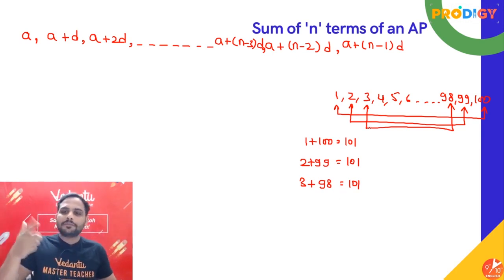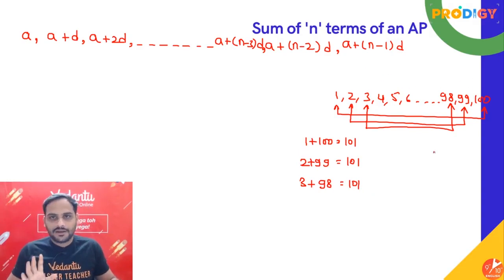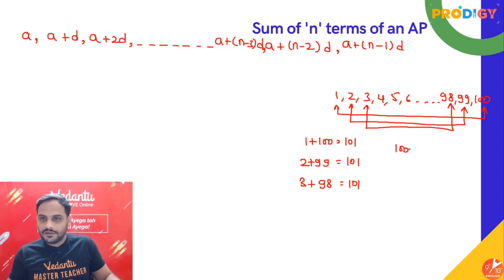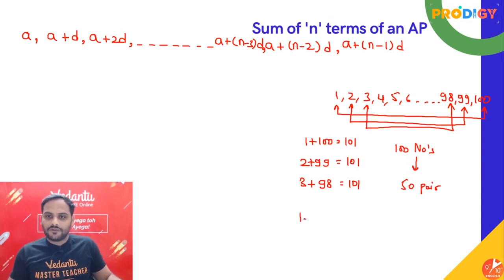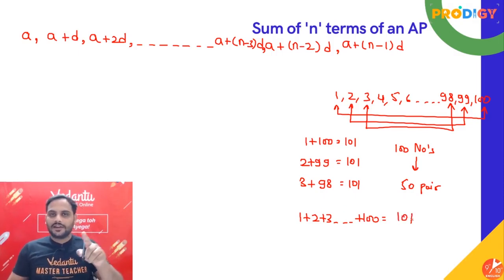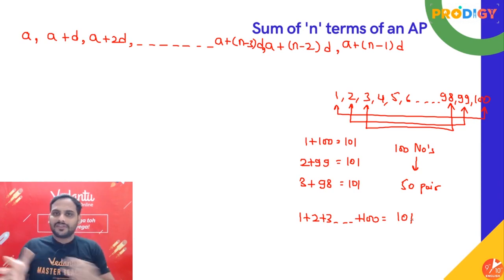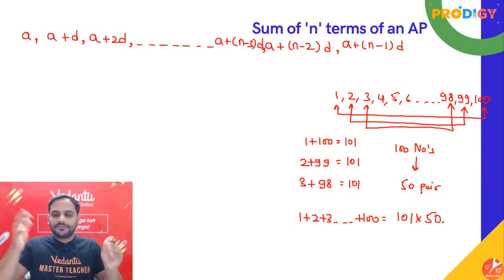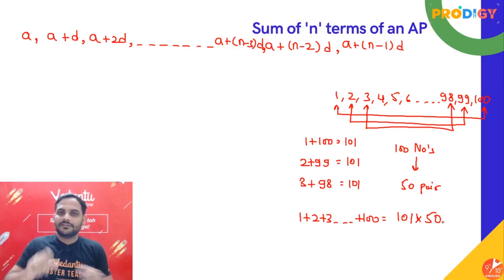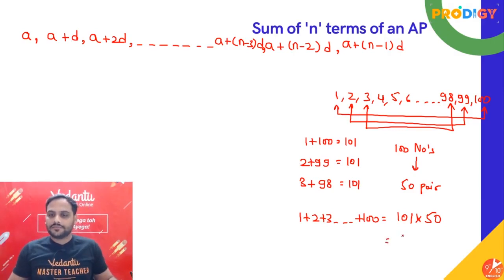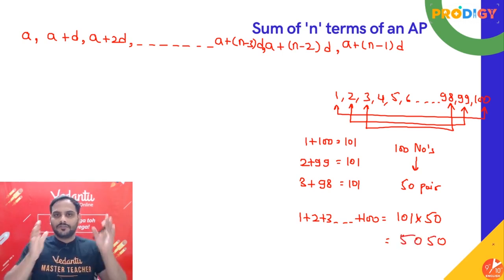So 101. Now how many pairs am I able to make? I saw total 100 numbers are there. So for 100 numbers, I'll get 50 pairs, right? So I can say the sum of all these numbers, 1 plus 2 plus 3 up to 100, will be, if I add the first and last, it will be 101, second and second last 101, third and third last 101. How many times 101? Total 100 numbers, 50 pairs, है ना? So into 50. 50 times I'll get the sum 101, 101, 101 and so on. So your answer will be 5050. This will be the sum of 1 to 100.